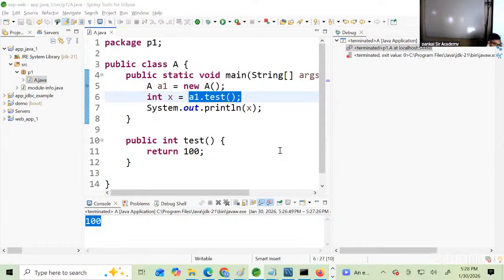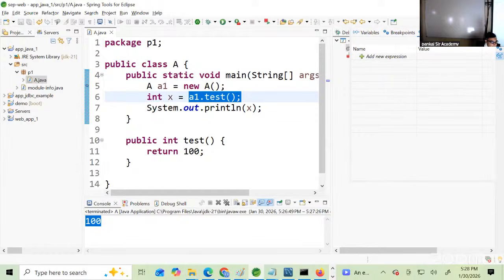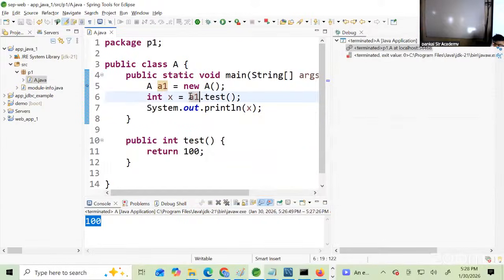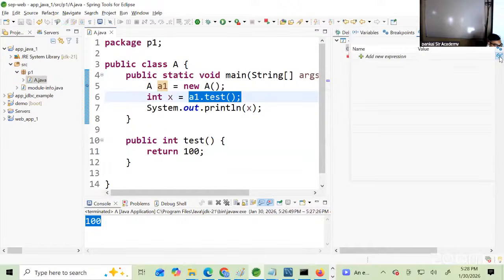Now comes another very cool feature in debugging, called expression. Now this expression window, what you can do is you can put any mathematical expressions in it, or a method calling statement you can put into it. Now what happens when I do that? Right now we have a method calling statement. I'm taking that, going to the expression tab, clicking add new. Now by adding this expression, when I hit enter,